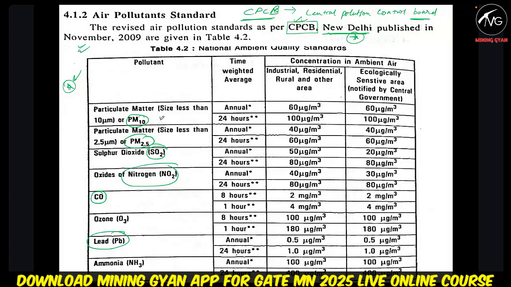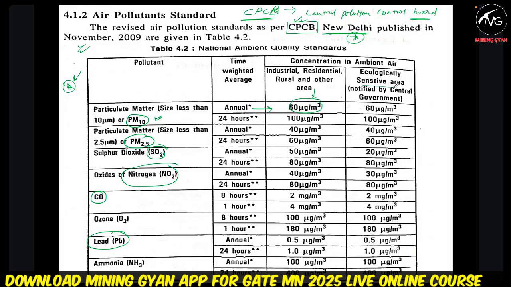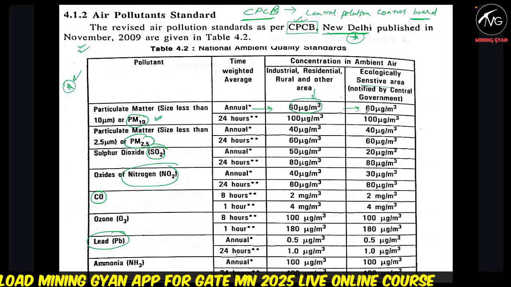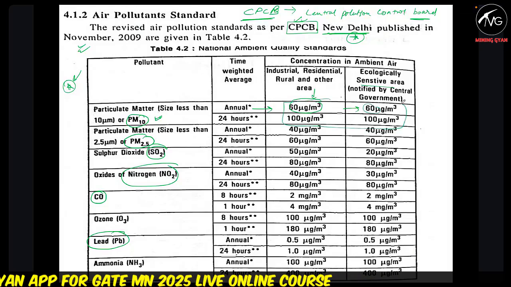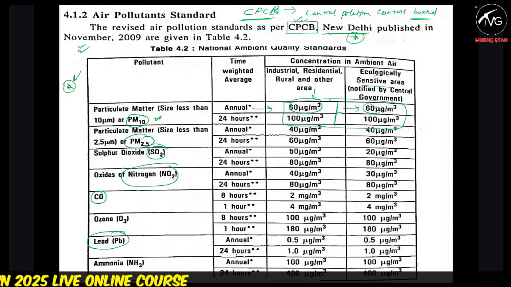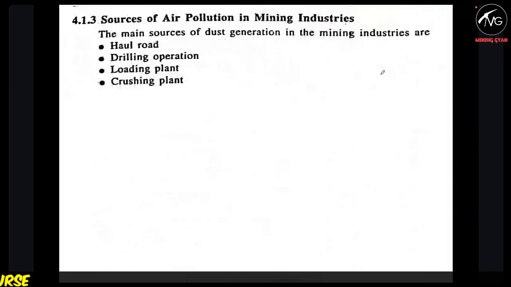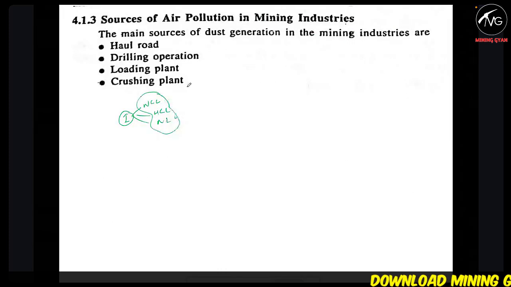So whenever he wants to ask, he will ask particulate matter PM10, in the industrial residential, what is the limit? Which will be 60 micro, annual limit. And ecological sensitive zone में their limit is 60. That means no change. There will be no change between the industrial or ecological. Industrial ecological sensitive, I think you know कि इकोलॉजिकल इंडस्ट्रियल जैसे कि माइंस, नियर माइंस, एनसीएल, हिंदुस्तान कॉपर लिमिटेड, नवेली लिग्नाइट, इन दैट एरिया द लिमिट एंड